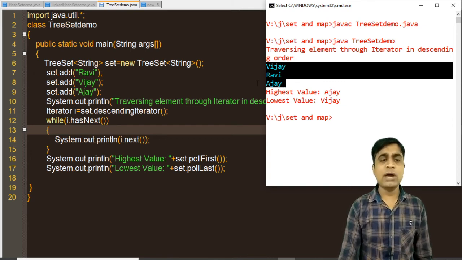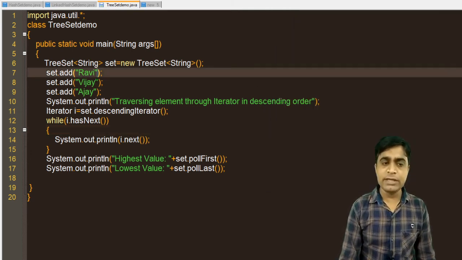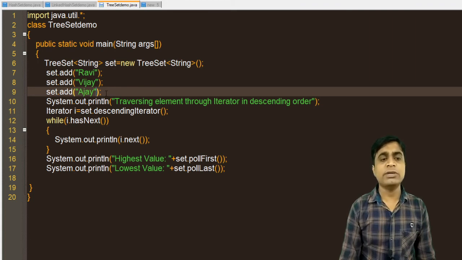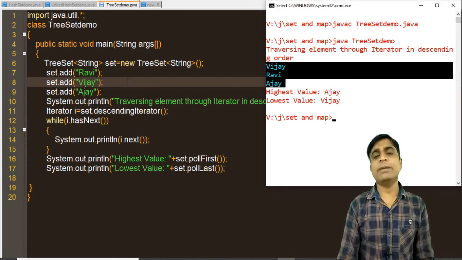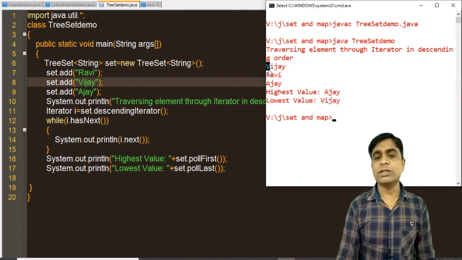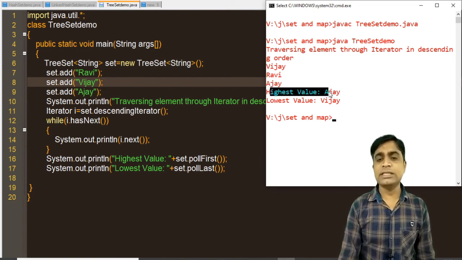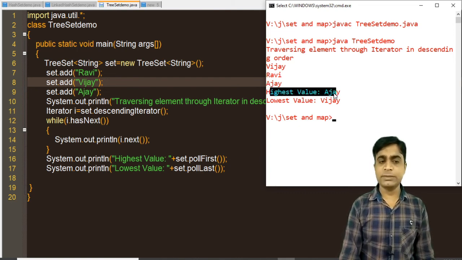No doubt I added Ravi, Vijay and Ajay. You may think descending order means it will first print Ajay, Vijay and Ravi. Not like that. It is descending order in an alphabetical manner. So first the V letter, then the R letter, then the A letter. The highest value is Vijay.